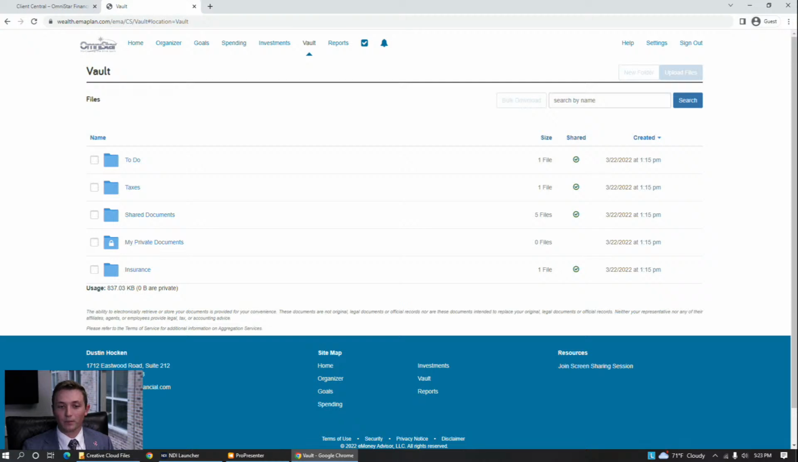This is also our preferred portal for submitting any documents to your advisor. If we ask to see your tax returns when we're diving into your financial plans, we'd prefer that you submit them through the Vault rather than just email them to us. It's far more secure that way. So how we use the Vault is we go to,